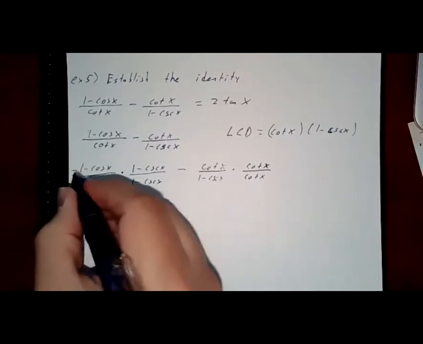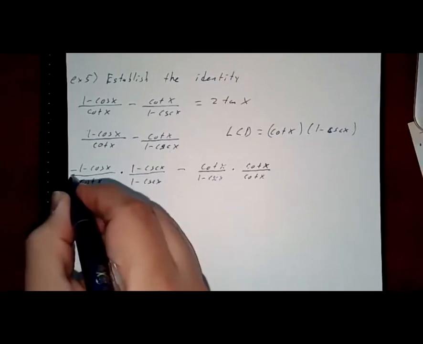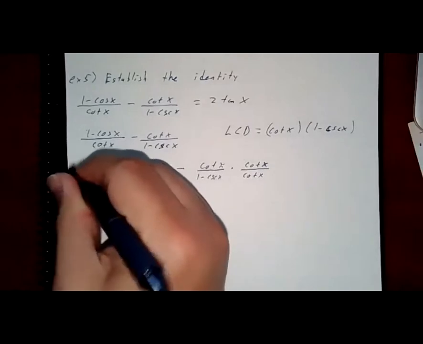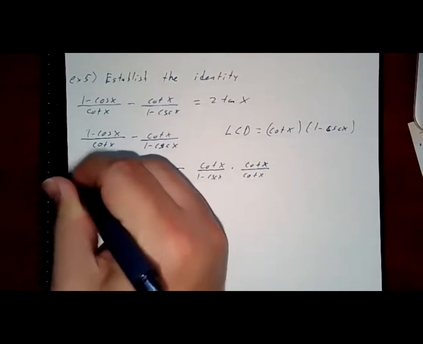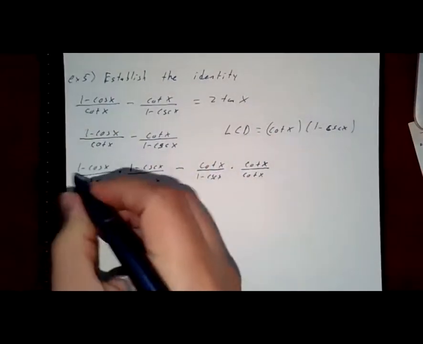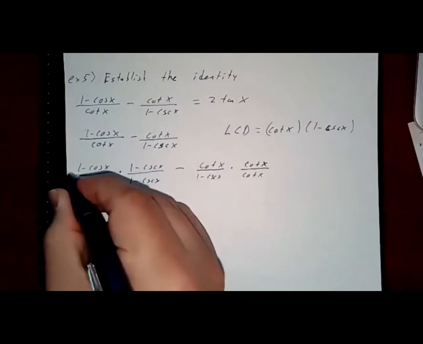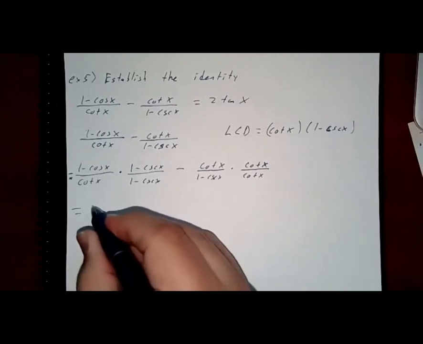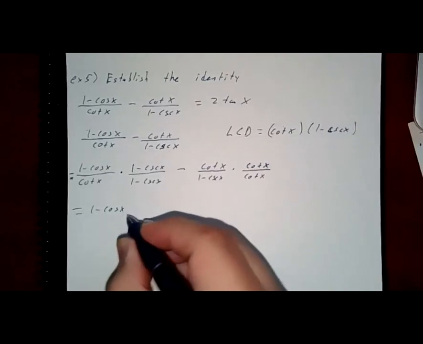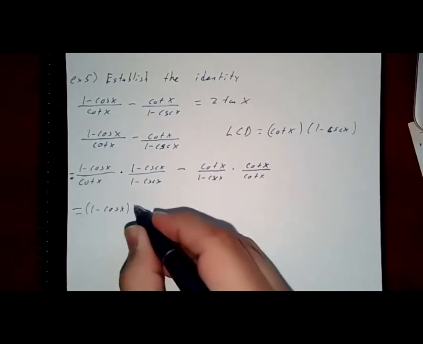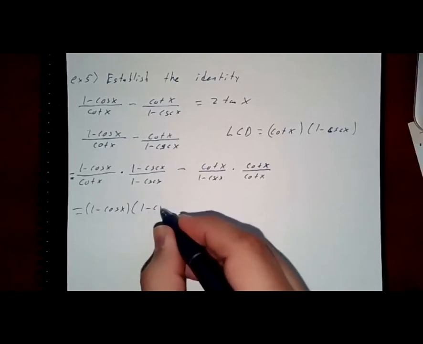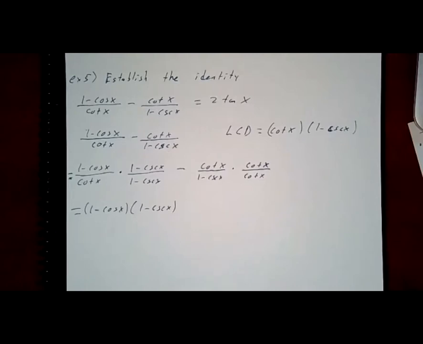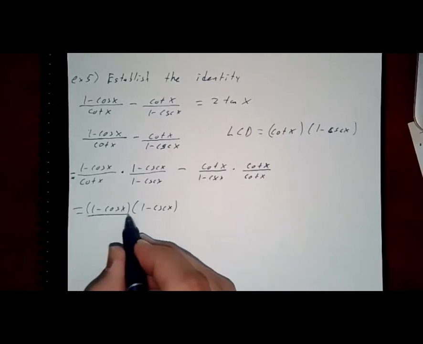So equals. So this will be 1 minus cosine x, 1 minus cosecant x, over